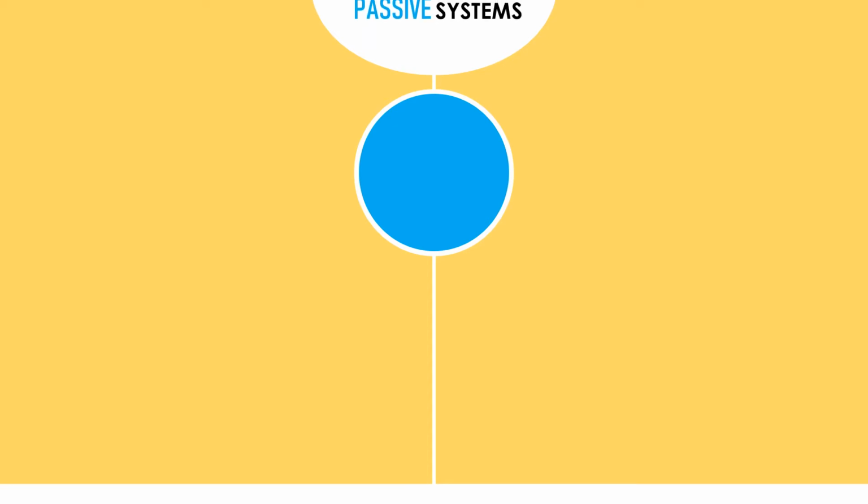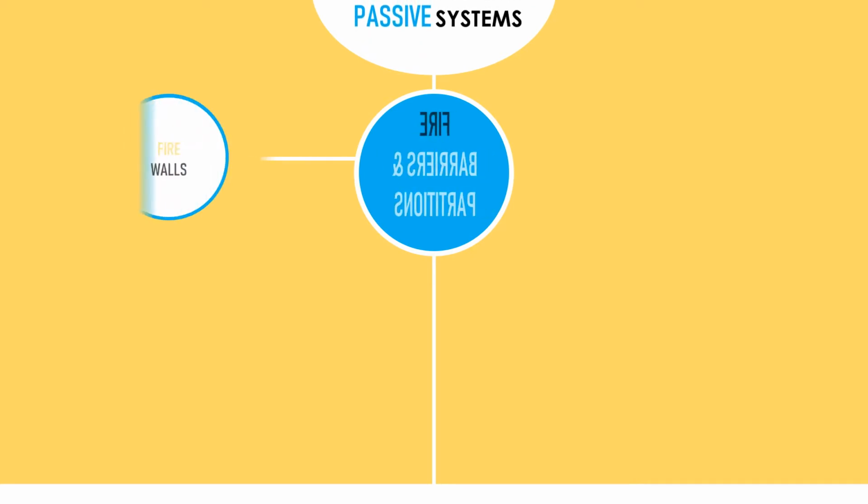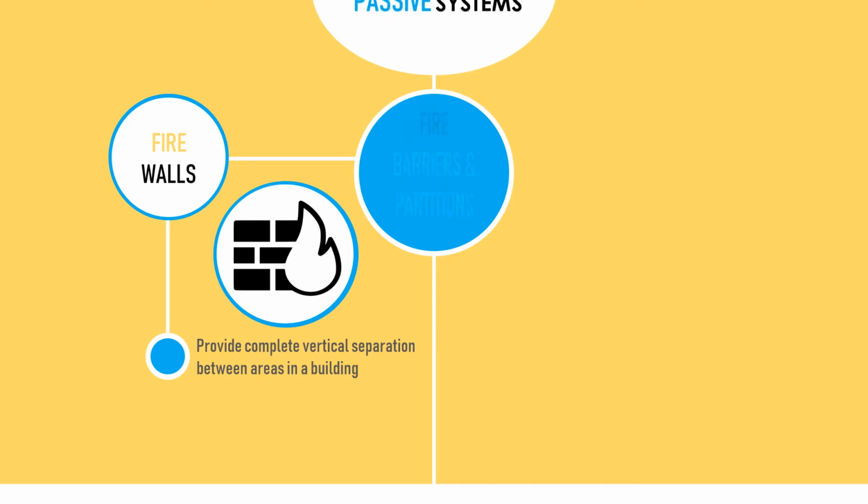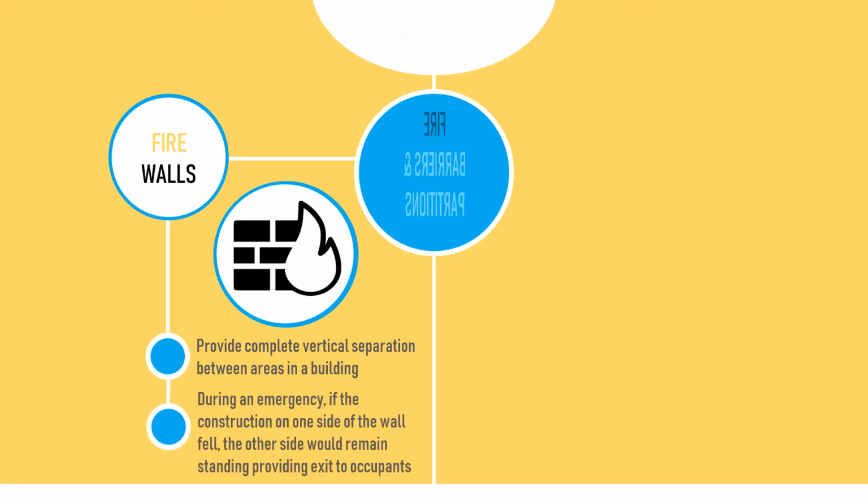So let's talk about the first passive system, which is fire barriers and partitions. One example is firewalls. Firewalls provide complete vertical separation between areas in a building. So during an emergency, if the construction on one side of the wall failed, the other side would remain standing,